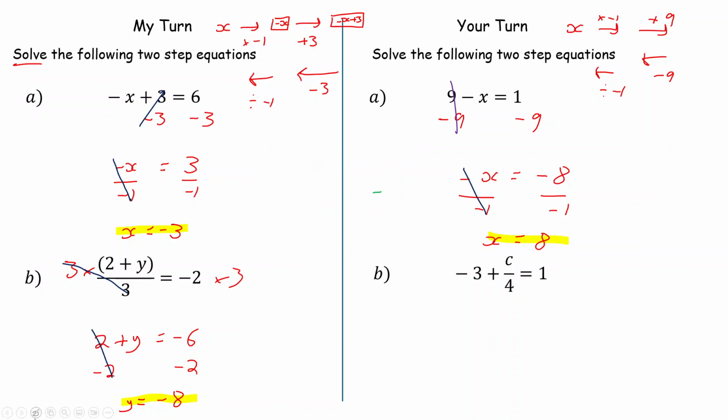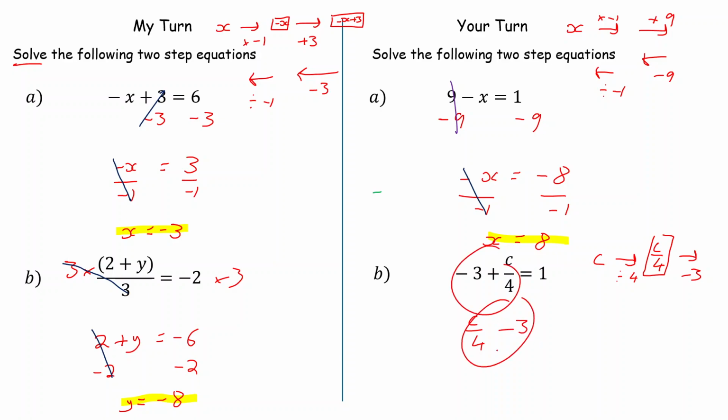Good. Last question. We've got this. -3 plus c divided by 4 is equal to 1. Again, where do we begin here? Do I get rid of the -3 first, or do I get rid of this 4 first? Well, the way this was formed was we had c. We then divide it by 4 to give you c divided by 4. And then we take away 3 from this. So then we take away 3. It looks a little bit weird because usually we would write c divided by 4, take away 3. I put it in there just to make you think a little bit. This and this mean the same thing. Yeah? So then if we do that, you would get c divided by 4, take away 3,